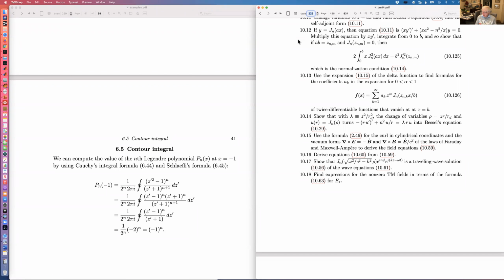Okay, well, what you need to do, of course, is use the formulas of vector calculus that were reviewed in chapter 2, and do it in cylindrical coordinates. And we're talking about a